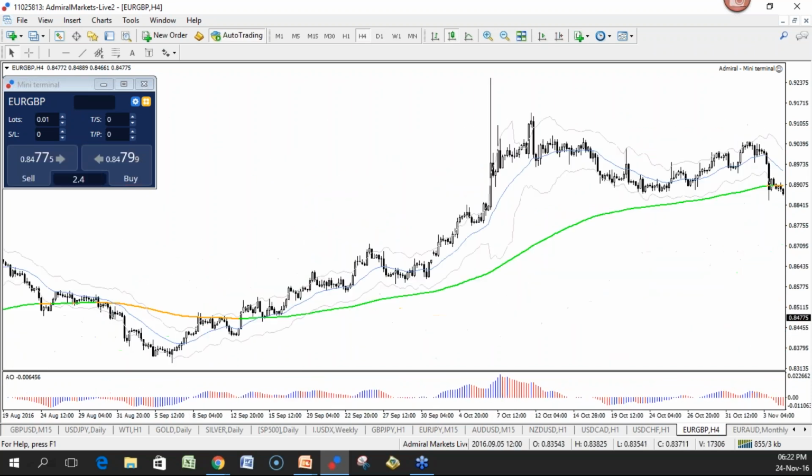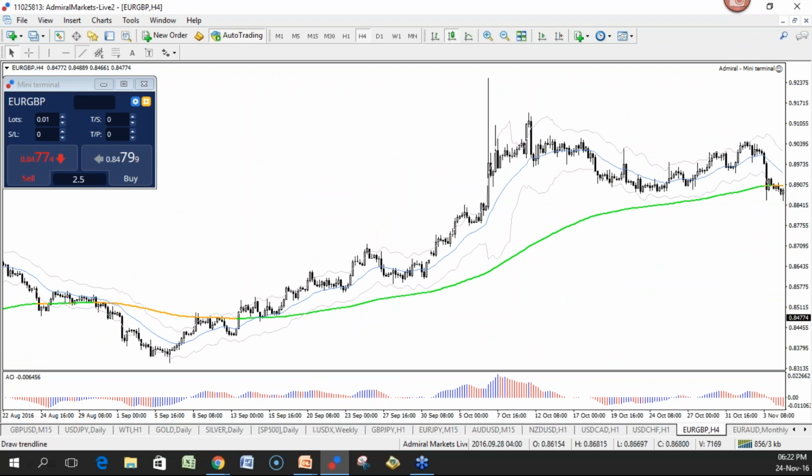Okay, there's a flag here, for instance. Small one, but I don't see anything better at the moment. So let's dive into that, the flag on a 4-hour chart. So on an hourly chart,